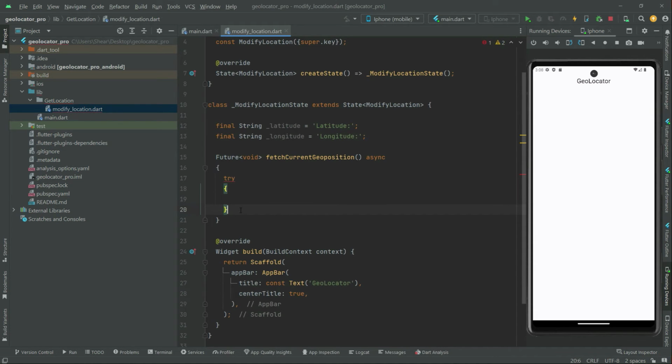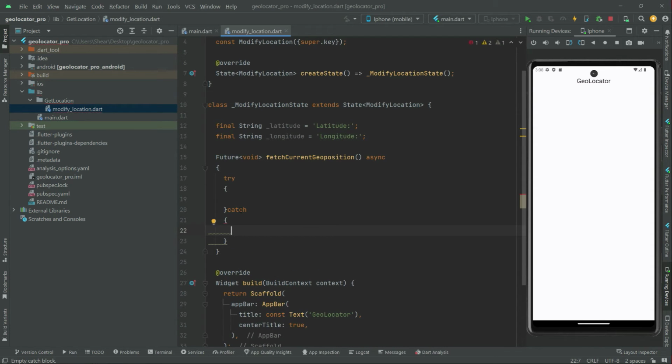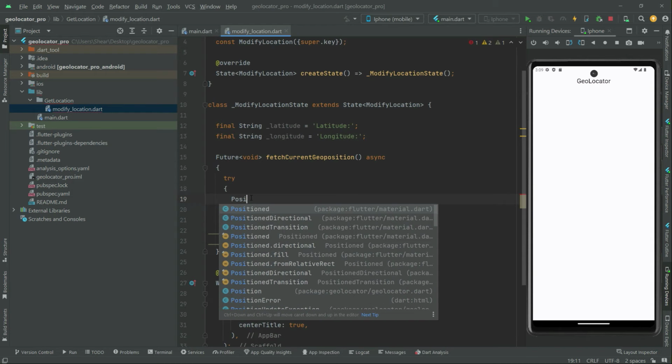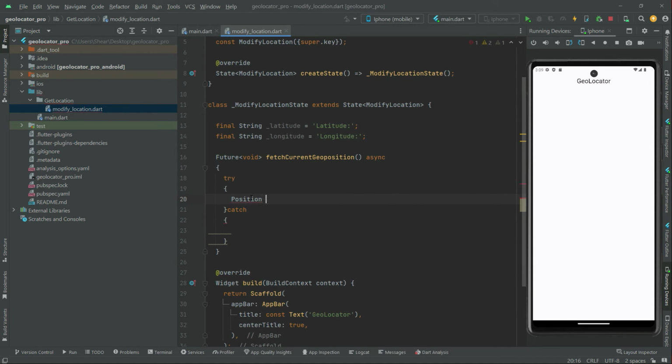So right in here we'll say catch, you guys can see, and in here curly braces, take this down. So let's go first with the try block. In here we'll just fetch the current position. So first I'll just create in here position, and I'm going to give the name as current position instance name in here, and now with it I'll just assign, first we'll say await since it's an asynchronous